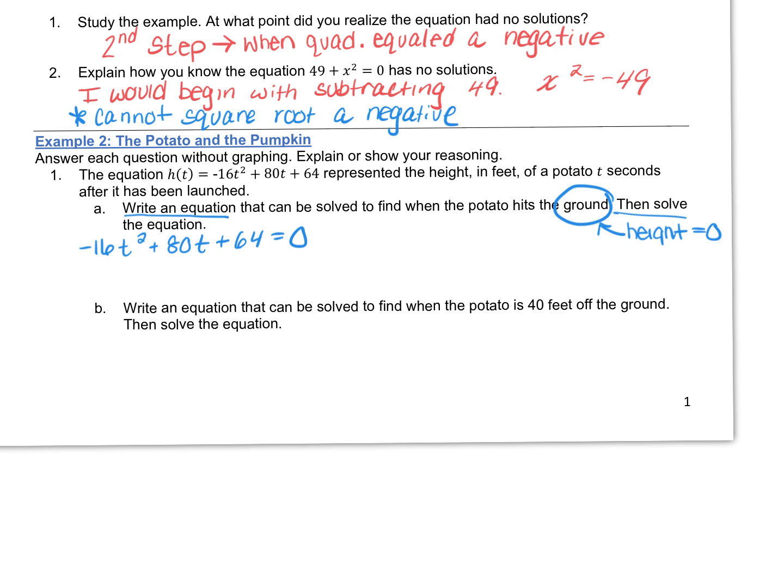All right, I'm just going to change my color here. Okay, so I've got A, B, and C. I like to label those. Let's go ahead and throw it into our formula here. So we've got the opposite of B plus or minus the square root of B squared minus 4A